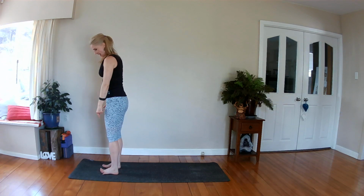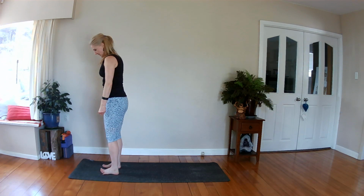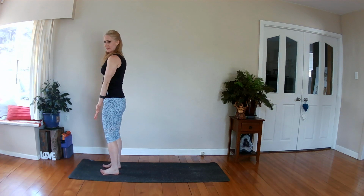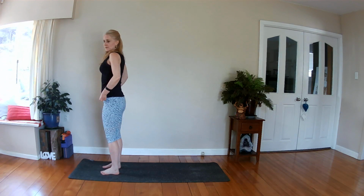So make sure you're anchored into the floor and anchored into your own stability by taking the big toe ball mound, little toe ball mound, inner heel and outer heel and anchoring them. Inhale, lift your toes up. Keep that support as you anchor them back down and draw all the way up from your feet into your